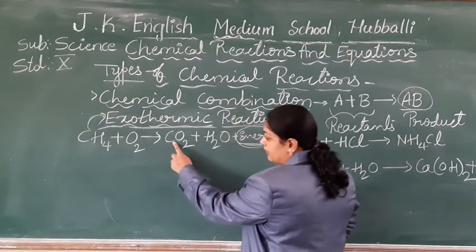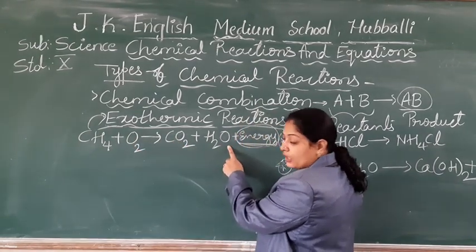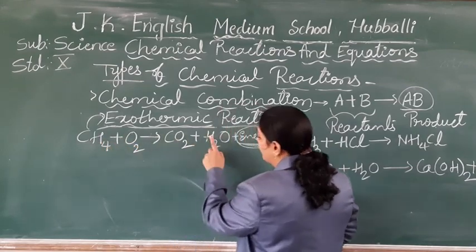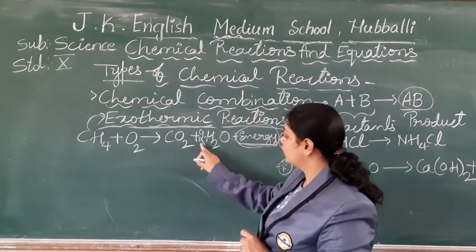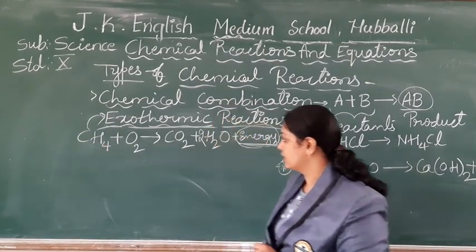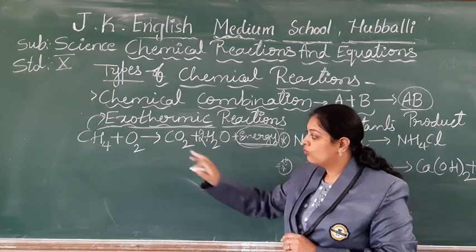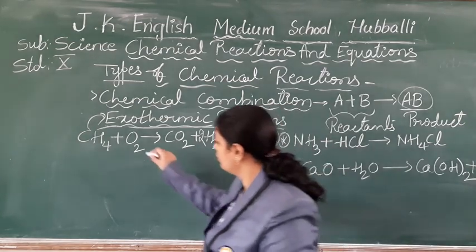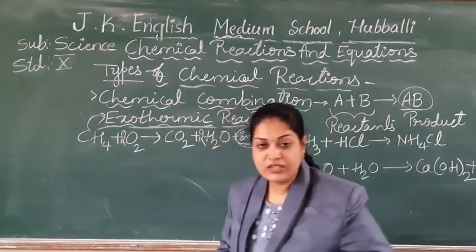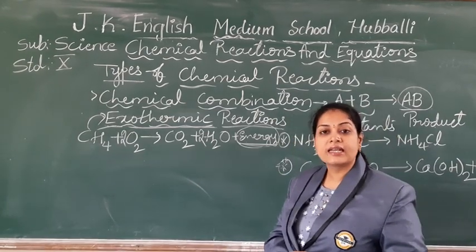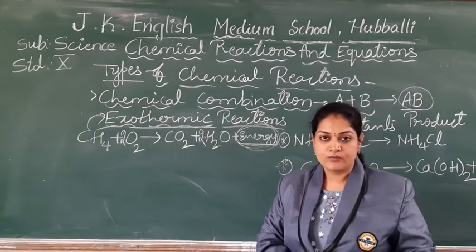Balance the equation. Carbon 1, oxygen 2 plus 1, 3. Hydrogen 4, hydrogen 2. So what I will do? Here, let me write 2. 2 2s are 4 hydrogen, 4 hydrogen. Now check the carbon. 2 plus 2, 4 it has become. Now what should I do? 2 2s are 4. Right, students? Yes, the equation is balanced. And this equation is an example for exothermic reaction as it liberates out the heat.